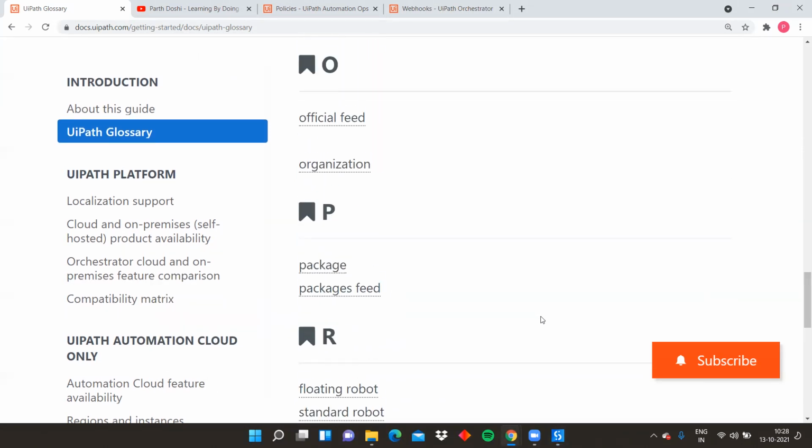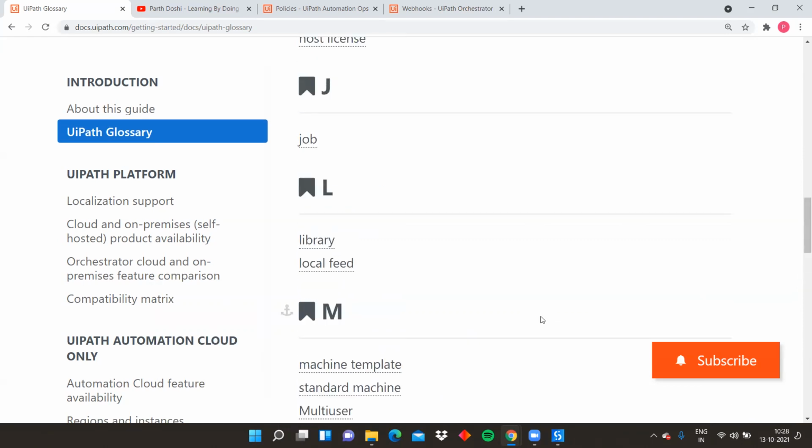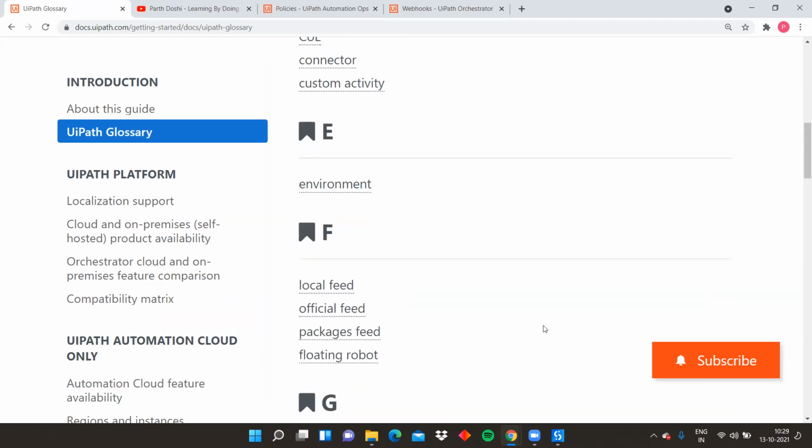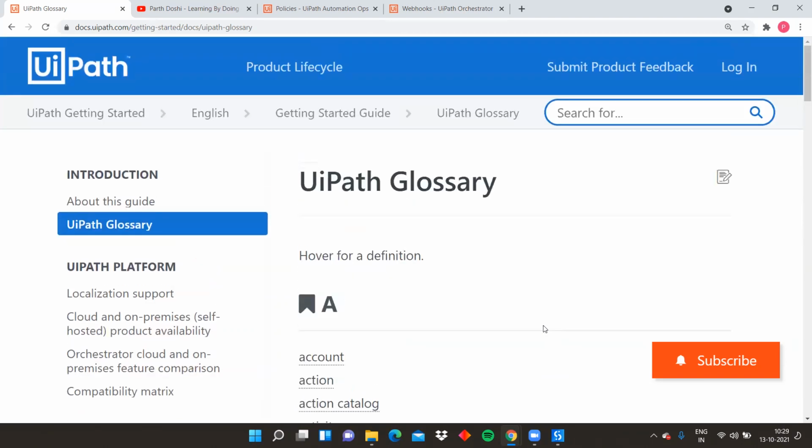Okay, so I think we are done with the glossary, and this was really interesting, I think, to remember all of these important terms. And now I think once you go through this again and remember this, it was maybe a 15-minute video, but it has helped you a lot to understand different keywords which are there with respect to UiPath glossary. So many times fresher or even experienced people ask me how can I use more technical words or be aware about the technical words that client or other people will be speaking about with me. So this is the place from where you can learn the UiPath glossary.